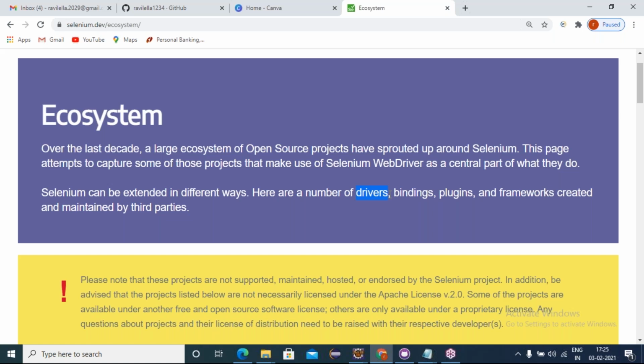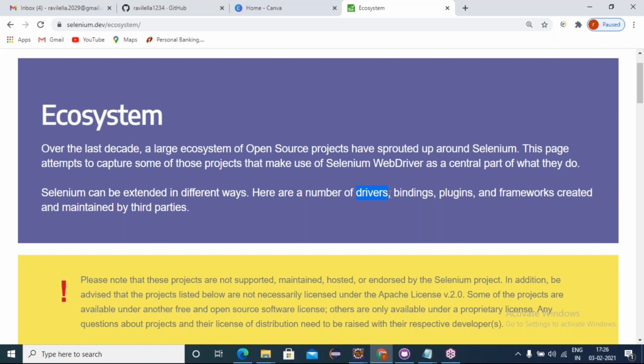Like in your laptop, if you want to play audio, audio drivers are a dependency. If you want to play video, video drivers are a dependency. In a similar way, if you want to open web applications in any browser, we require the respective browser drivers. The driver exe needs to be downloaded and configured in your project, and then we can open the browsers and track the elements. So who developed these drivers, Selenium? No. Selenium can be extended in different ways.